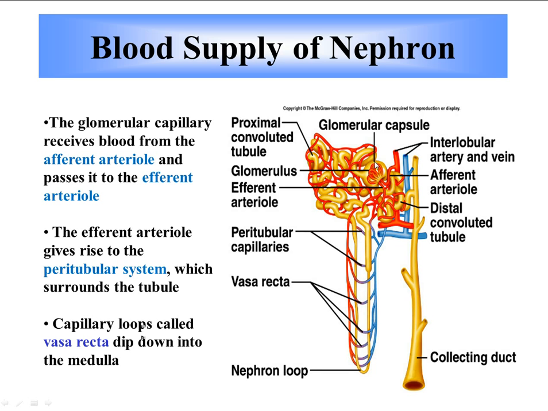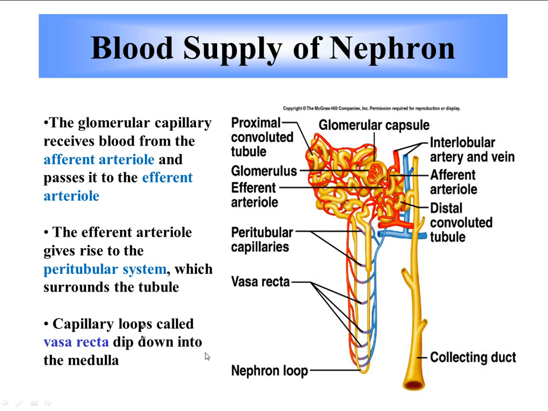Also known as a renal capsule. The renal capsule is the whole structure. The glomerulus is this structure. The efferent arteriole gives rise to the peritubular system, which surrounds the tubules, and then the capillaries are called the